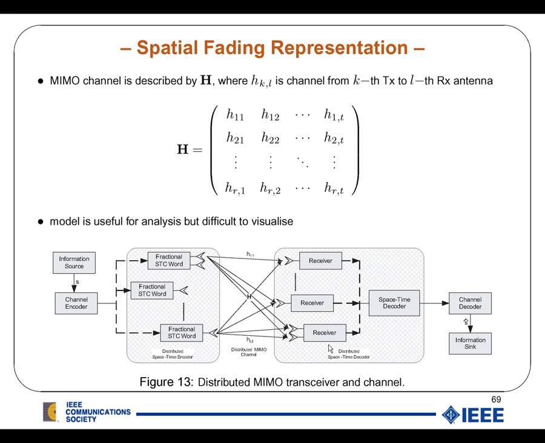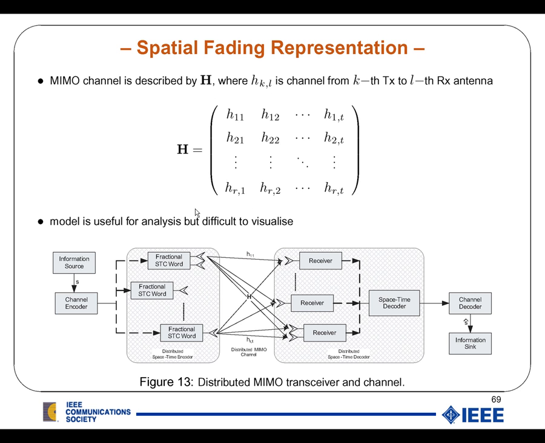also might be distributed, having R receive antennas. That is then fed into a space-time decoder, goes then to the channel decoder, and finally to the information sink. Now, having T distributed transmit antennas and R distributed receive antennas, we will have R multiplied by T channels in general. They are given here as H11, etc., until HRT, and squeezed, as we know, into a channel matrix given